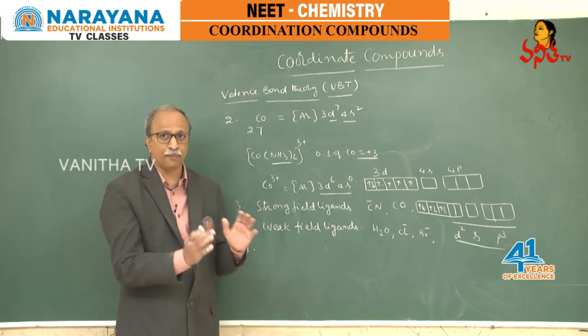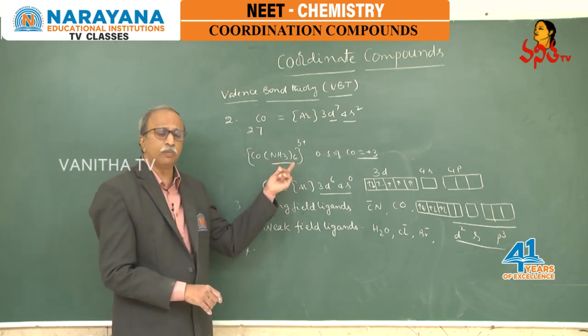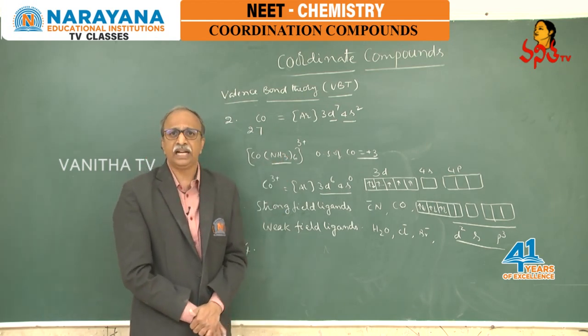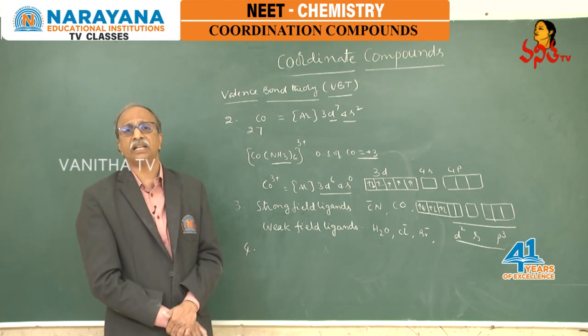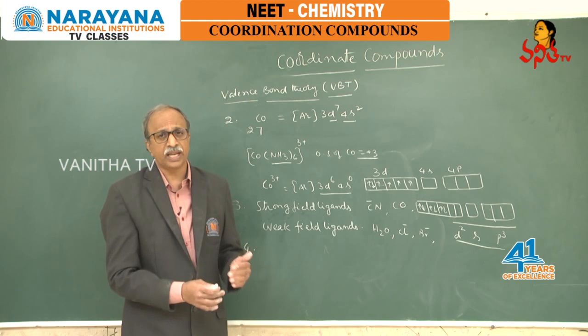What is the meaning of appropriate hybridization? I am going again. There are 6 dative bonds formed by 6 NH3 ligands, and these are present octahedrally. How do we know that it is present octahedrally? That is what I am saying, the valence